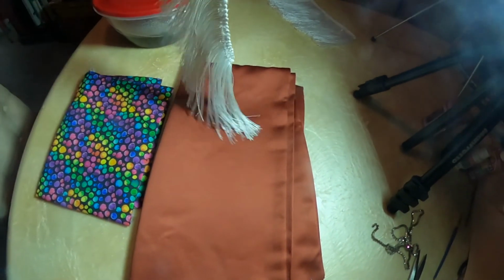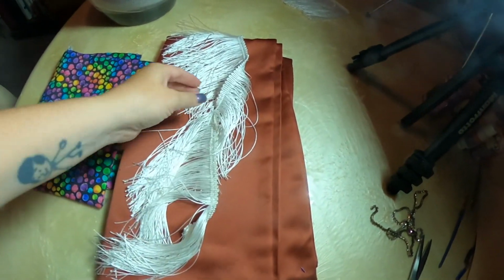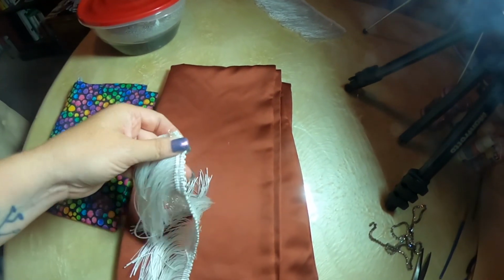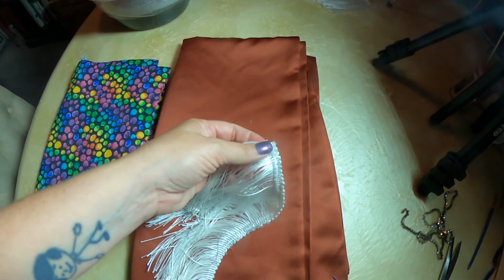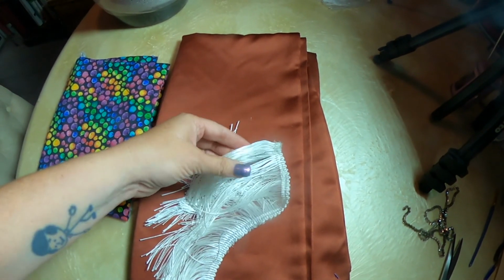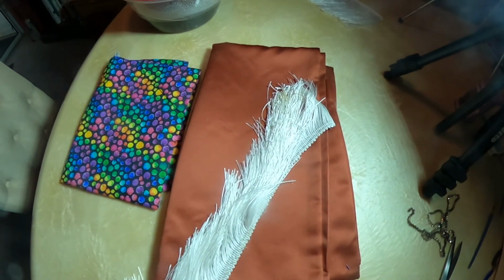Now you're going to want to get some fringe for the end of your sash, or if you don't get it, it's completely optional. I want it because it's what the Mad Hatter had. When you do get fringe, when you cut it, it's going to fray. Like right away, it'll start fraying. All you have to do is put a little hot glue on the end and fold it over, and it won't fray anymore. So since this is obviously white,